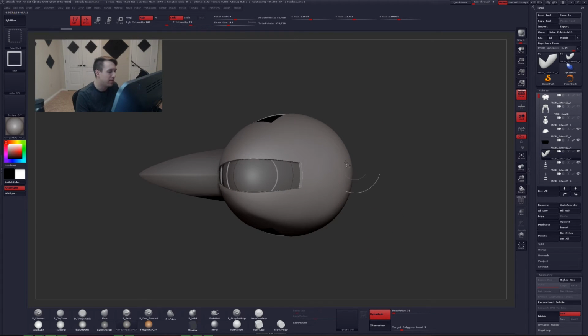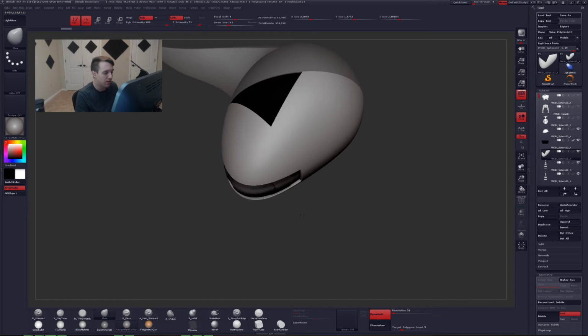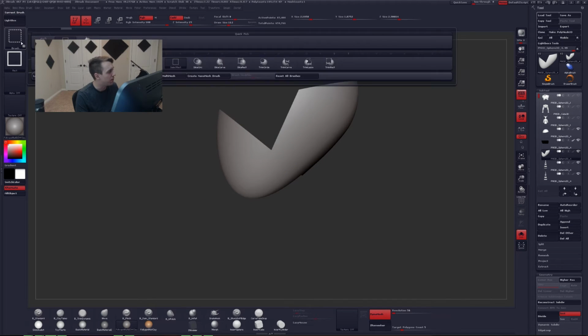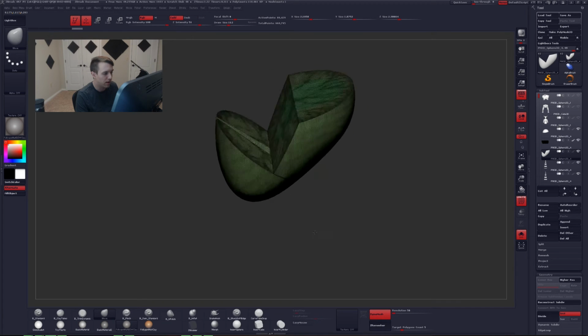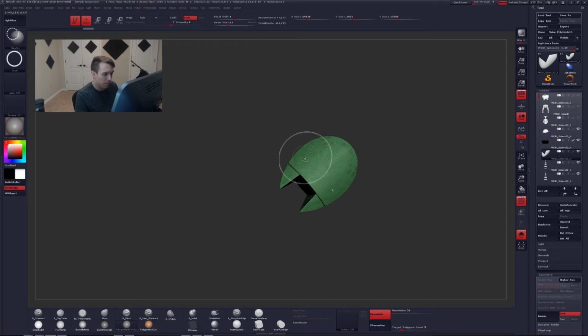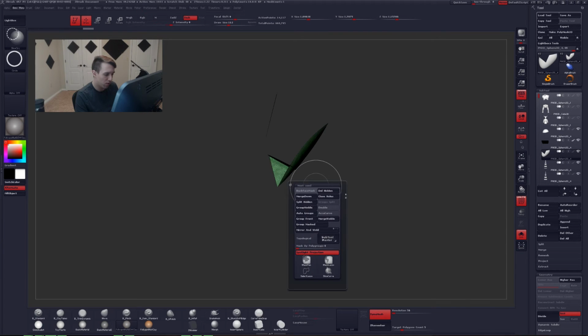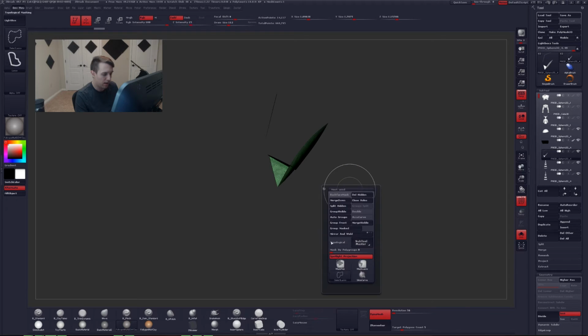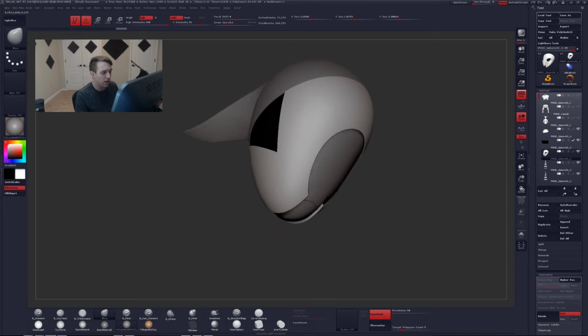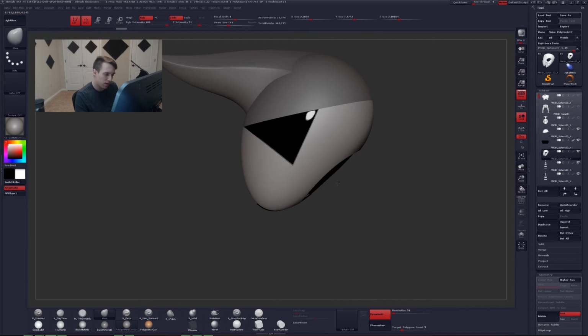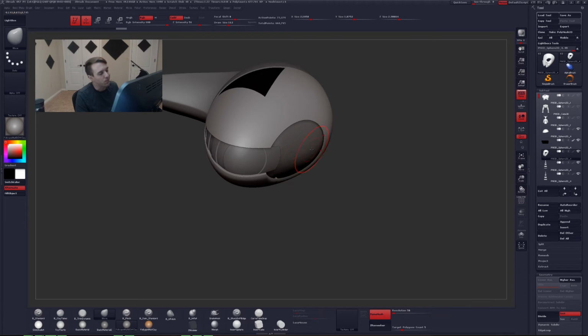So there are a couple ways that you could try to cut a hole in something like this shape here, and your first instinct might be to try to use a slice or trim circle, and those can work. Those can absolutely work, and we can try to do one of those very quick and try to get a slice in there. But it can be finicky quite often, as well as, let's try and inverse that selection, turn on double. It can be finicky, and that looks pretty good actually,